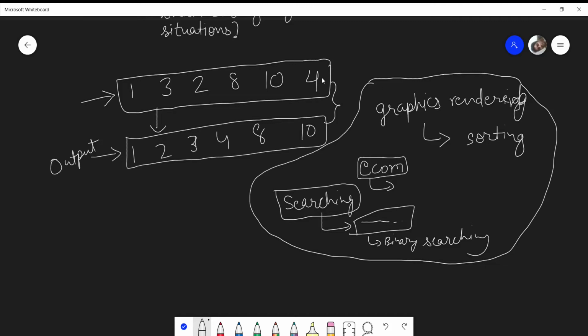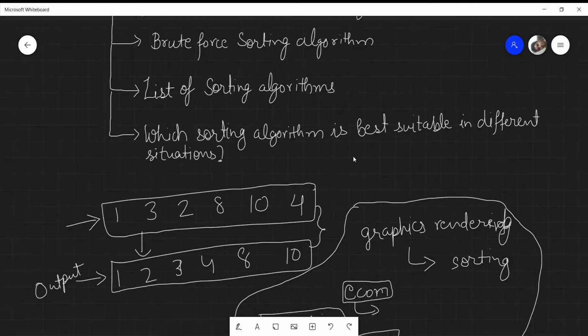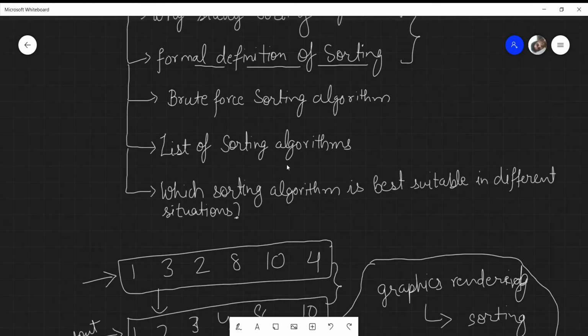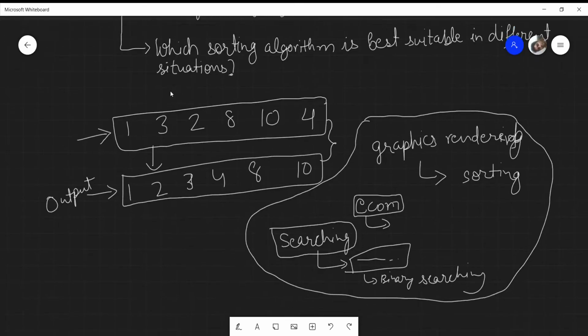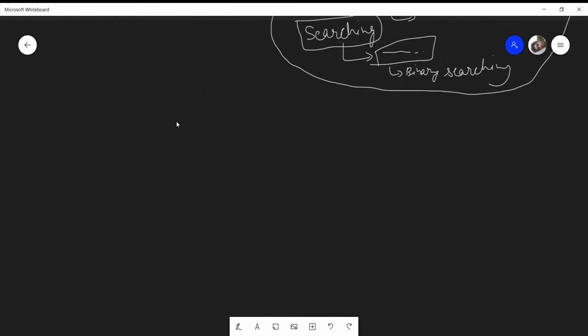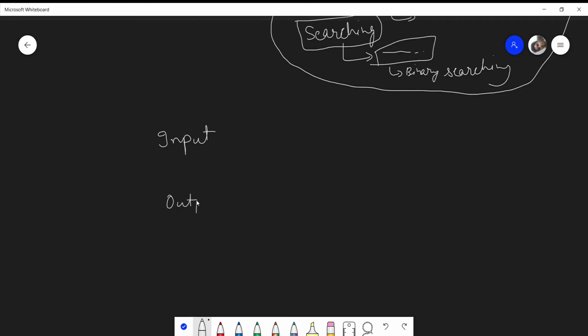So after having got the answer to why study sorting, we'll now move on to our next point, which is to state a formal definition of sorting. In order to state a formal definition of sorting: any algorithm takes an input and then gives us an output.